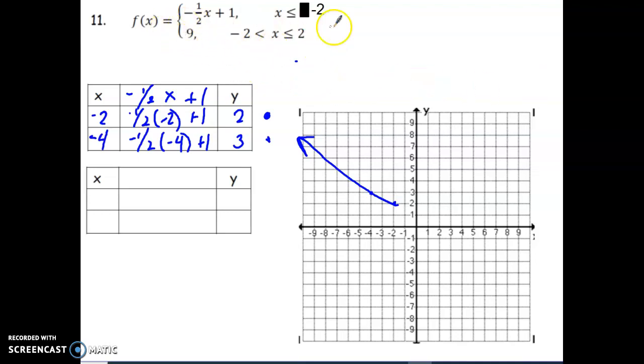Okay, now on the bottom, let's put in 9. What do you guys think I should choose for my x values here? Well, I have to choose -2 and 2. I have to have a starting point and a stopping point. All right, this is just a number, no x value. So what kind of line am I going to have? I'm going to have a horizontal line at 9. All right, I went ahead and graphed that last piece for us because I'm getting ready to run out of time. Open circle because there's no equal to. Closed circle because there is an equal to, but no arrow because it has a starting